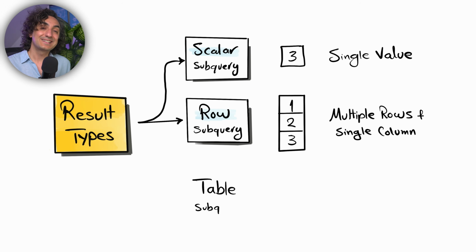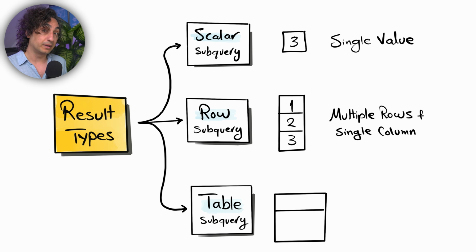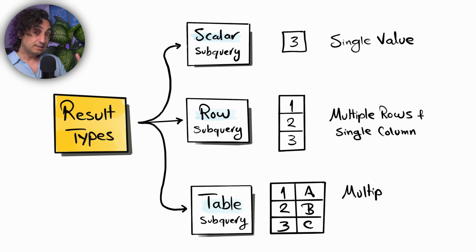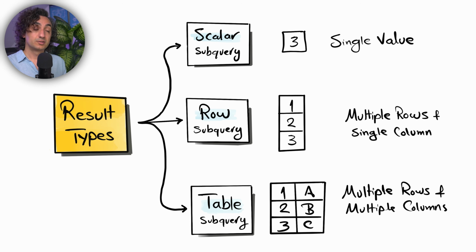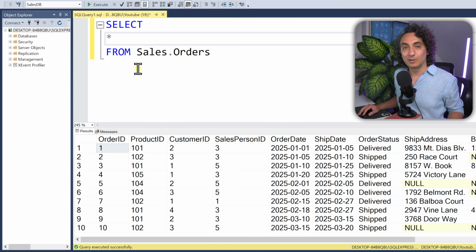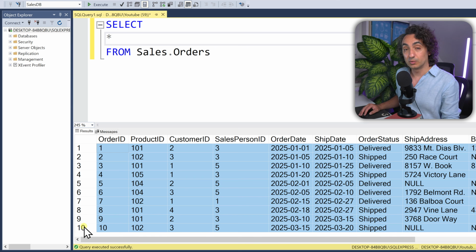Alright, so now to the last type, we have the table subquery. It's gonna return multiple rows and as well multiple columns like any regular table. So this subquery is gonna return a lot of values. Okay, so let's see an example of that table query. If you check our example here, select star from orders, we got here multiple rows and